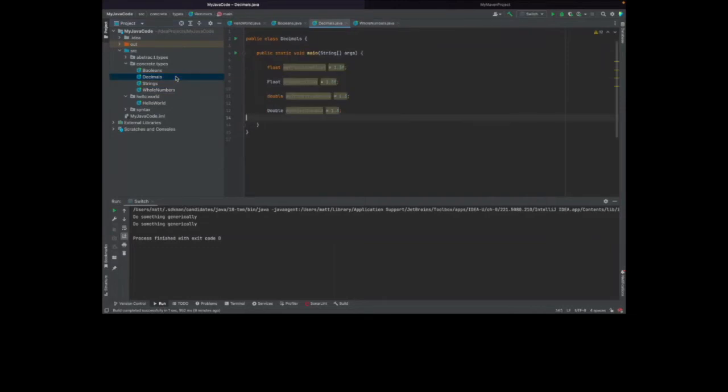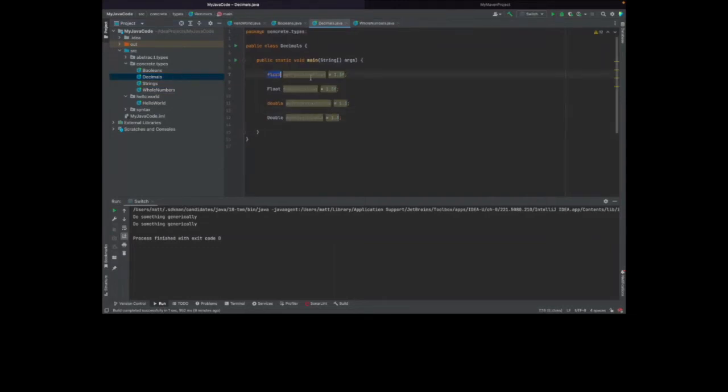Sticking with numbers, let's talk about decimals. We also have floats. So a float and a double. A float is essentially saying I want to define a decimal number. It comes from the term floating point number. If you're interested in more about floating point numbers, I highly recommend you just Google it. I could spend the next hour talking about floating point numbers, and that's not what this is for. We're going to be talking about Java. So floats are essentially for defining decimal numbers. Again, primitive and object types are available, and doubles are basically exactly the same as floats.